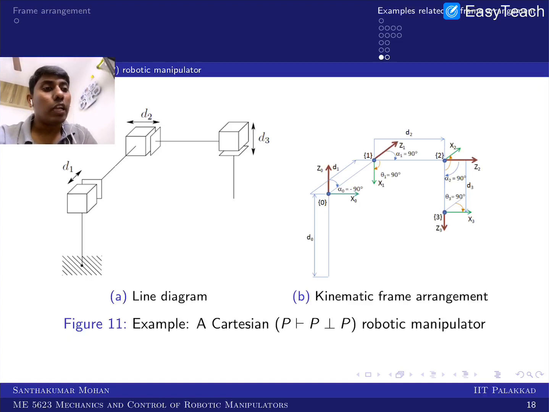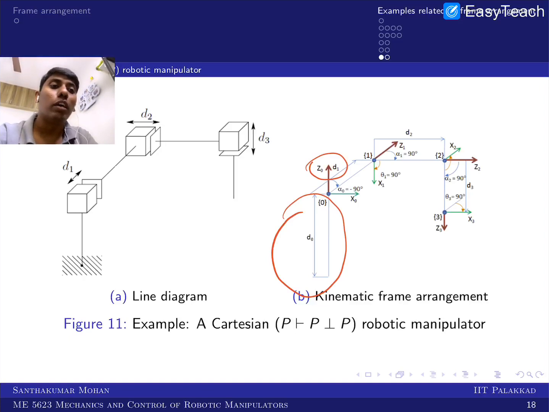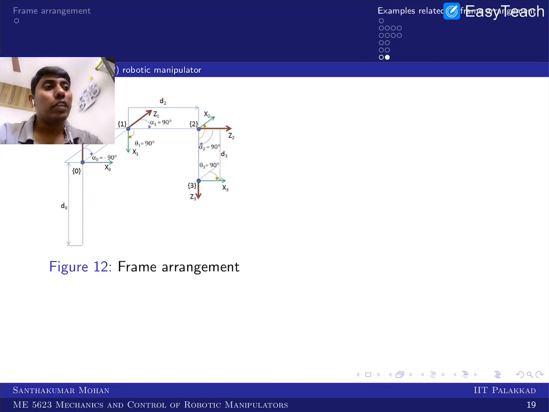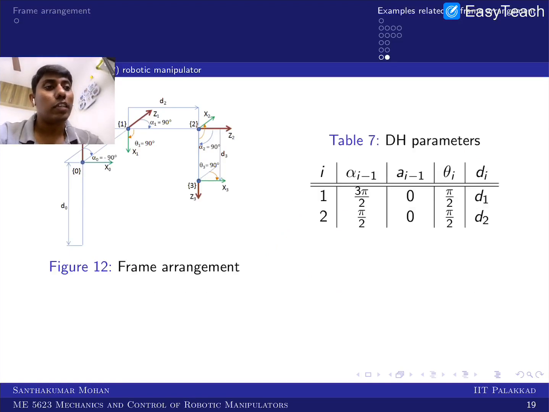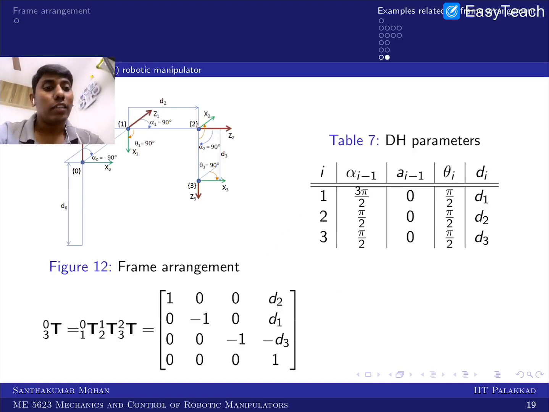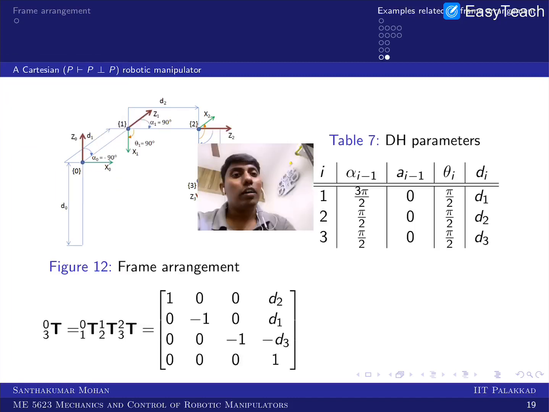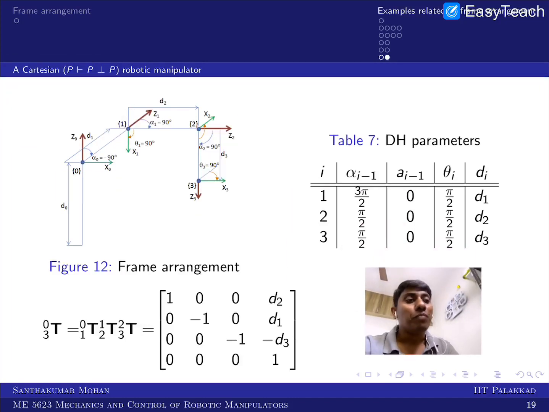Now you can easily see that d0 will not come into the picture in your DH parameters; you can simply add it at the end. Because z1 is in this direction, you can simply add this d0 to your z-axis displacement. That is straightforward. Okay, so with that we can go forward, and these are some of the examples which we have seen, and I am not going further.